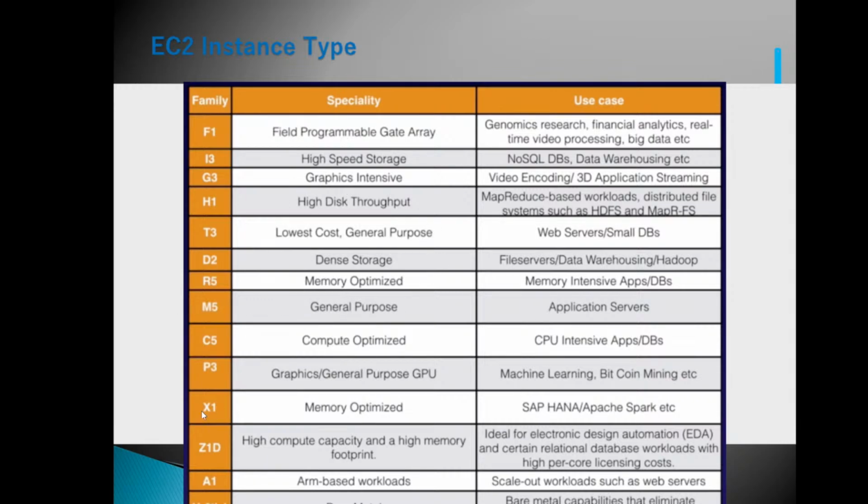M family, again it's a general purpose. So we have two types of general purpose, T family and M family. T family is a very commonly used machine. Again C family, compute optimized, application server or CPU optimized machine. So these are machines which are fine tuned according to the use cases. Whatever your use case is, you should select that particular type of machine to increase the performance